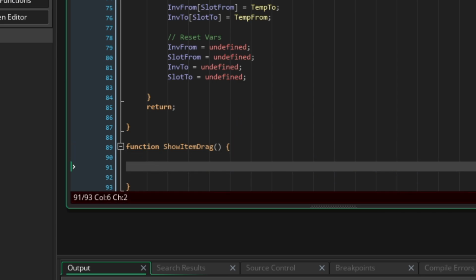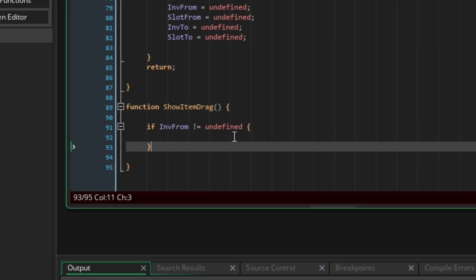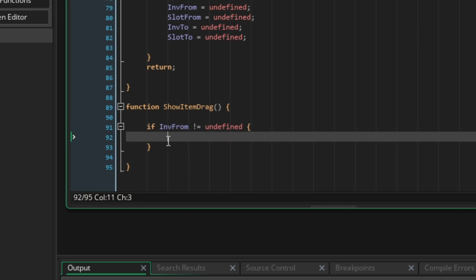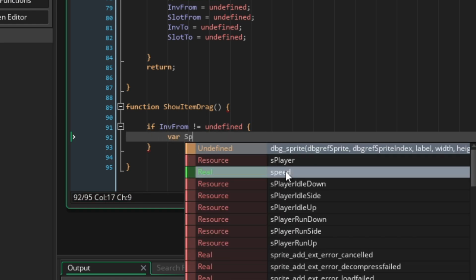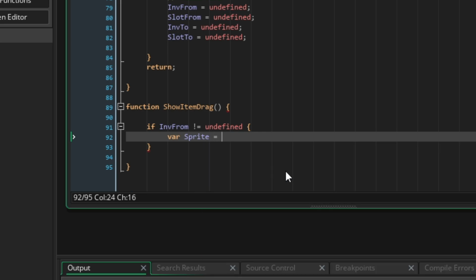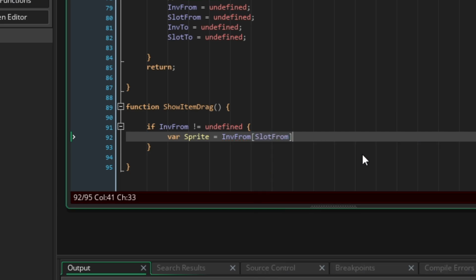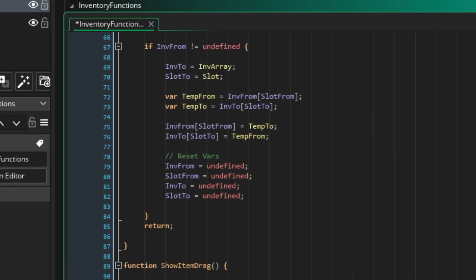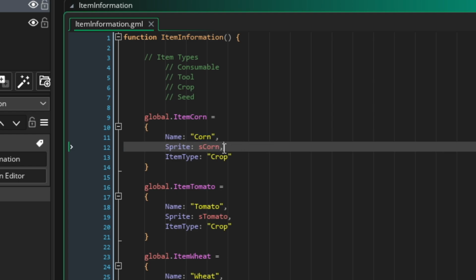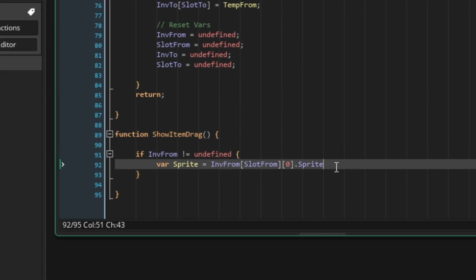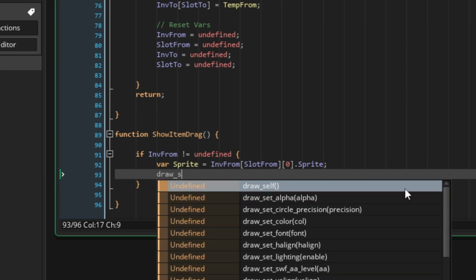I'm completely lost here. So if inventory is not equal to undefined. So if we are dragging from an inventory, that means it should have a sprite. So var sprite, like we did earlier, equals inventory from slot from 0.sprite. Again, 0 is going to be referencing the item ID, and .sprite is from the group of data here, for whatever image it may need. And then we're going to do draw sprite,